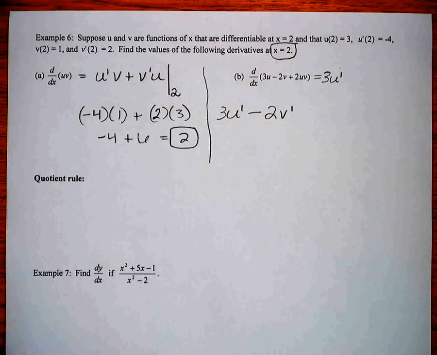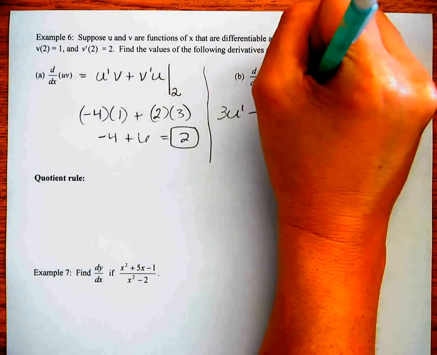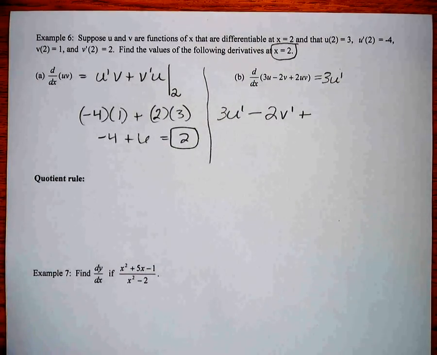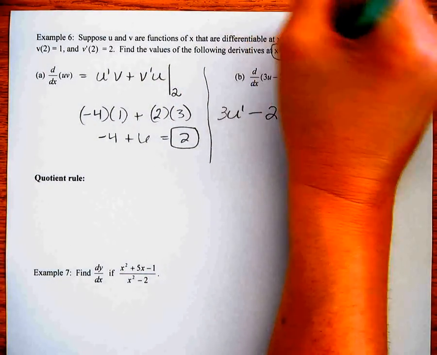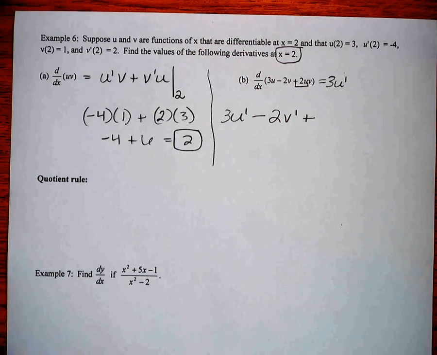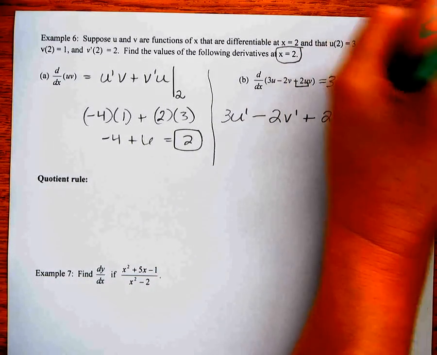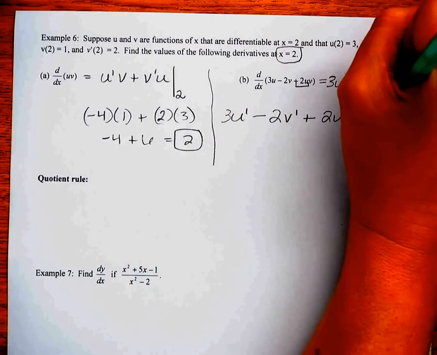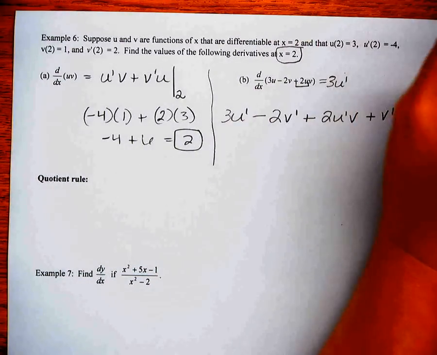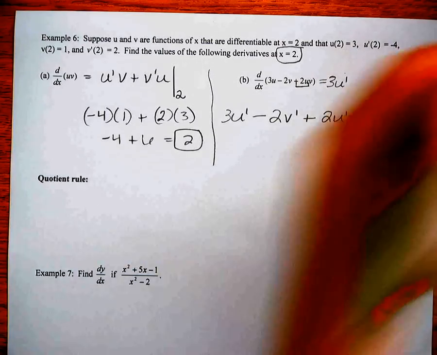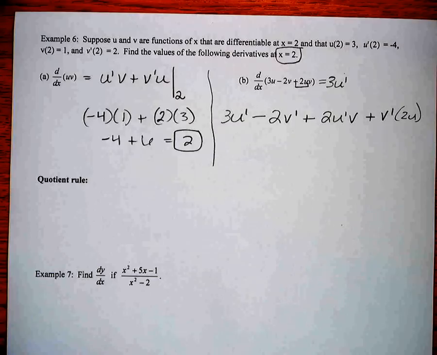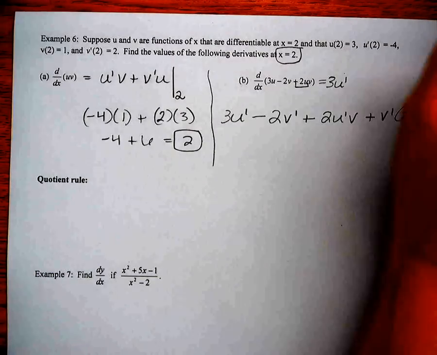So I use the constant multiple rule, the sum and difference rule. And then now I'm going to use the product rule, and I'm going to let this 2u be like my first function, and v would be my second function. Derivative of 2u would just be 2u prime, and then times v, plus derivative of v, which would be v prime, times that first function, 2u. So I basically just used constant multiple rule, sum difference rule, and product rule, and now I'm going to evaluate all of that